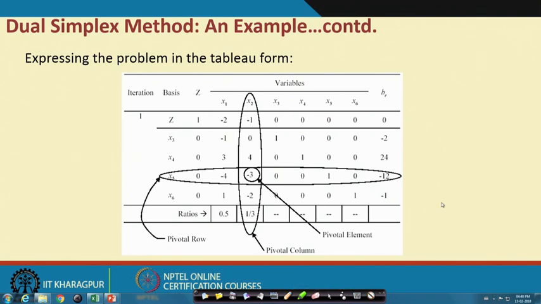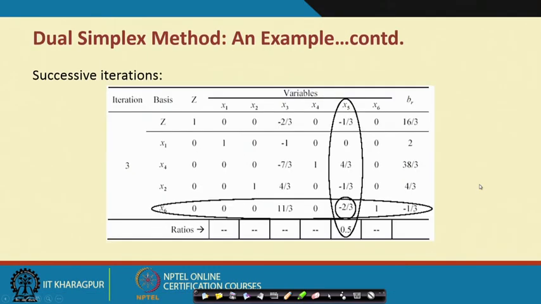Obviously, x3, x4, x5 and x6 are the basic variables, and accordingly these are the input coefficients, and x3, x4, x5, x6 form the unit matrix structure. And obviously the first-hand requirement here is the indication of the outgoing variable,